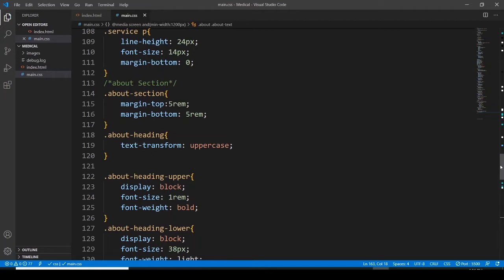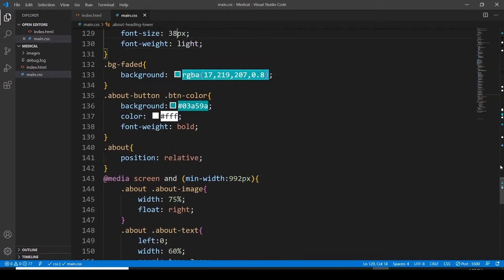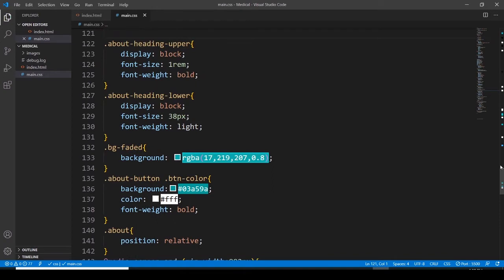I'm also checking the spellings, and about heading is text transform uppercase, and then display block, font size 1 rem, font weight, and then the lower heading and display, oops, hold on, and display and font size 38 pixels, font weight 100, and then I have to go with the background faded,